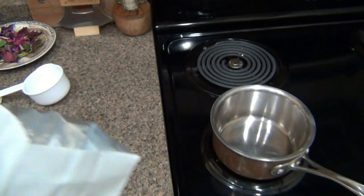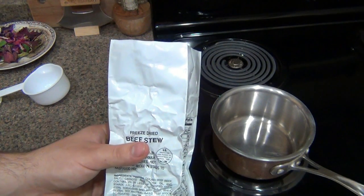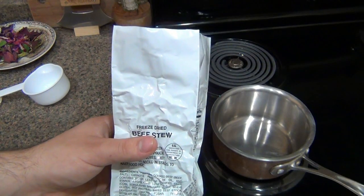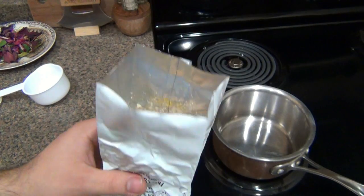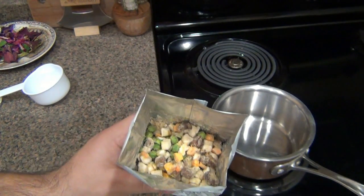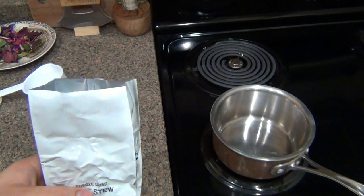Okay, so if you're going to be someone who's going to buy this stuff to stock it for any kind of situation, it might not necessarily be some end of the world kind of crap. It could just be that you have a storm in your area, you can't get to the store. For whatever reason, you want to stock plenty of water with it. It's not necessary for it, but I think it's extremely important to have it. Okay, you want to prepare it properly, and you want to give your body enough water that it needs. So anyway,